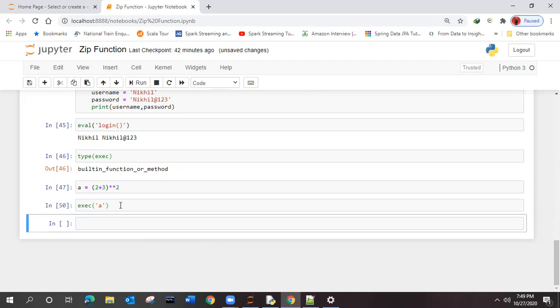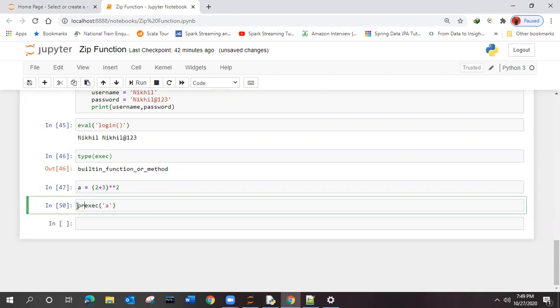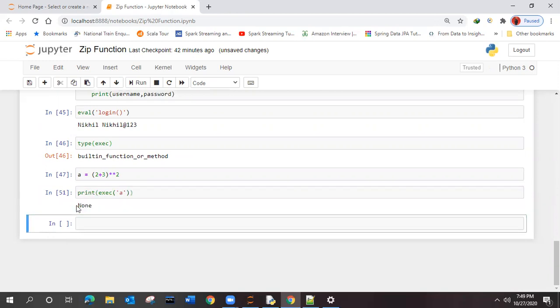What happened? It did not print the value. Why is it not printing? It is showing None.